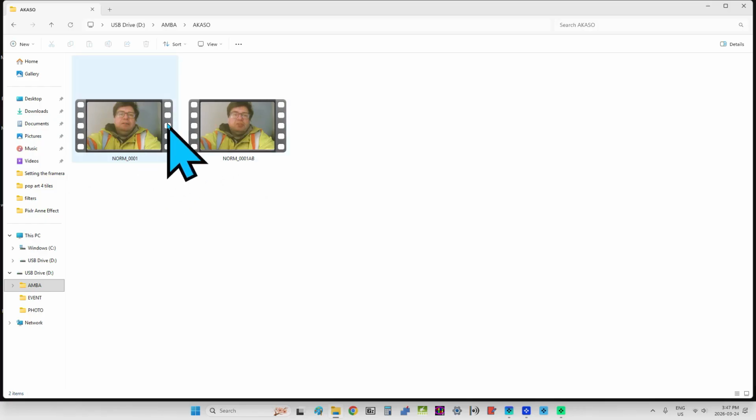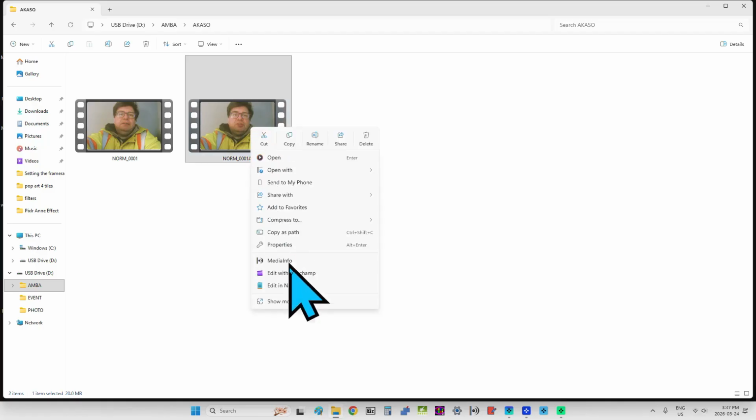Now you can see something really interesting here. You can see that the clips have basically the same name, except the one on the right there has an AB in its name. Okay, that's a lower resolution clip. A Castle always makes a copy when recording. Okay, well, I should say the Castle Brave 7 action camera. I can't speak for all of them, but the Castle Brave 7 action camera makes a second copy in a lower resolution. I'll show you here.